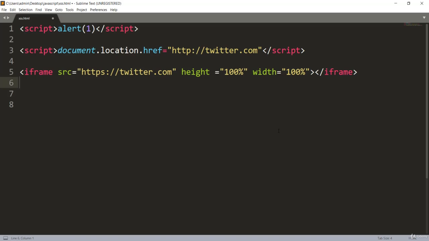Just remember that. We'll be working on some of these URL redirections, host header injection, and some of the advanced XSS post exploitation attacks in the upcoming lecture. So see you in the next one.